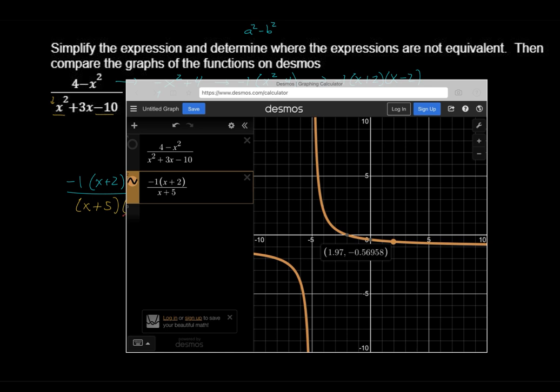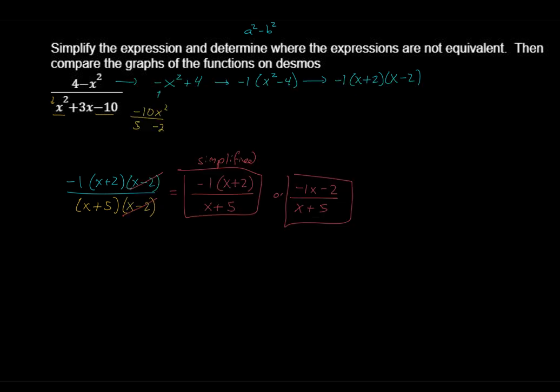you'll see that there is no open dot. You can see that it actually has a value there. So it's not undefined there with the simplified version. And that's because the factor that was creating the hole is now gone. That factor of x minus 2 doesn't exist in the simplified version, which means the simplified version exists at that point. So these two expressions, the original and the simplified version, exist or are the same everywhere except for x